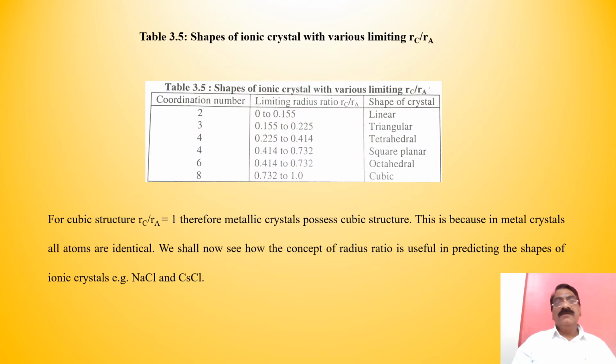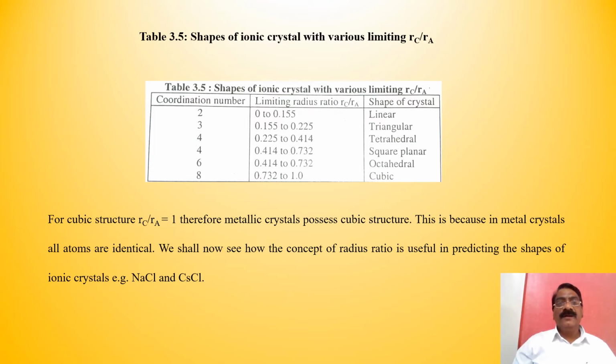See the coordination number and limiting radius ratio in the table. If coordination number 2, limiting radius ratio is 0 to 0.155, which can give the linear shape. Coordination number 3, its limiting radius ratio is 0.155 to 0.225, triangular geometry or crystal shape. If coordination number 4, limiting radius ratio 0.225 to 0.414, it is